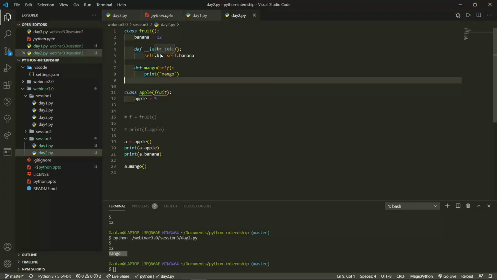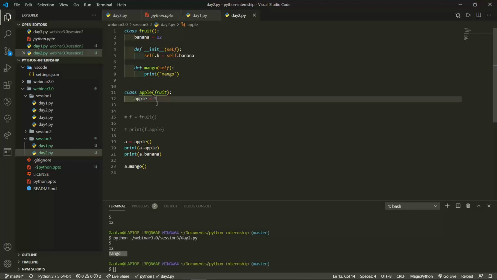What I have done is take the value of banana and store it in b. If this constructor is not called, b will not be initialized. I will show you this. Now these two classes are linked.